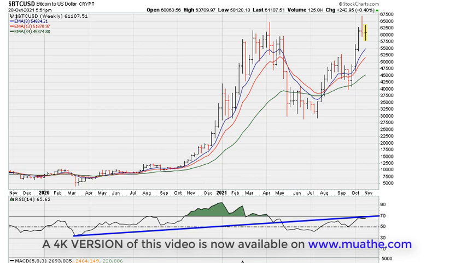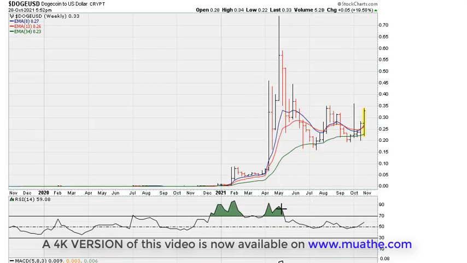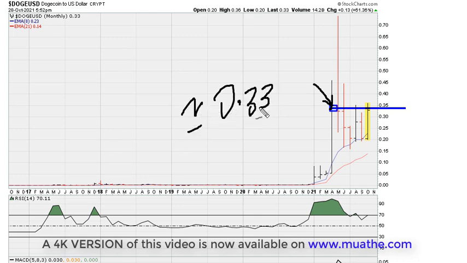Which brings me to the last chart of this video, which is Doge. If this instrument is gonna explode, hence why I sent that breakout alert earlier today, it would need to stay above the monthly closing high from April. And based on whatever exchange you are using, the number is going to be about 0.3381. It would need to break out and stay above that price if there's going to be an attack.